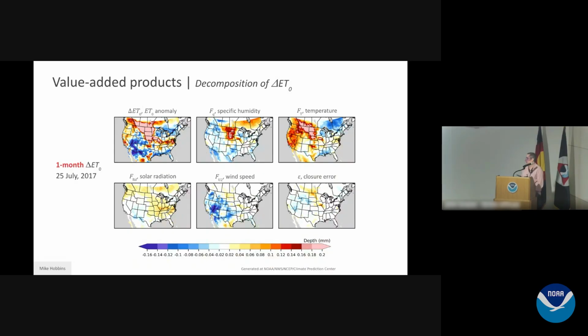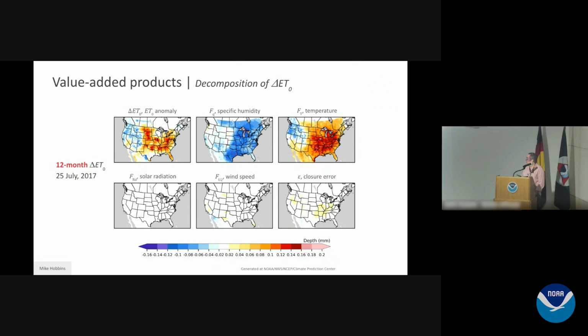Here's a 1 month, and you see solar radiation is already minimal. Closure error is very minimal, except for southeastern Iowa. And as we keep marching through the S2S timescale, here we're seasonal. Here's a 6-month timescale, and you see temperatures blazing across the eastern United States. They're making great contributions to the drought.